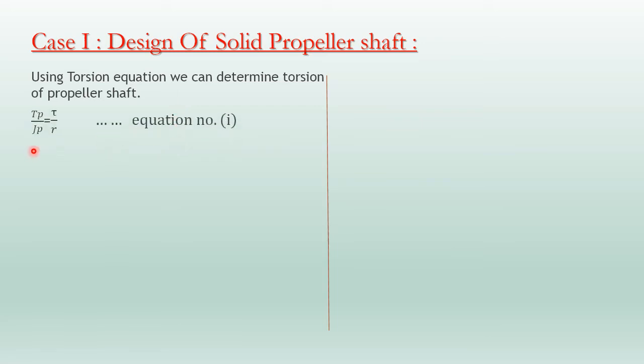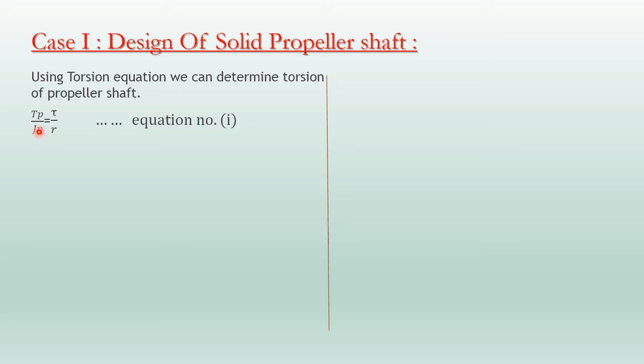The case first, that is design of solid propeller shaft. By using the torsion equation we can determine the torsion of the propeller shaft. As you know that the main function of the propeller shaft is to transmit the torque. So while designing this propeller shaft, the main aim of our designing is to calculate the torsion of the shaft. In strength of material subject in previous class, that is in second year, you have seen this formula, that is T by J equal to tau by R, where